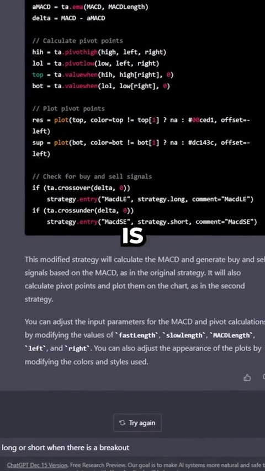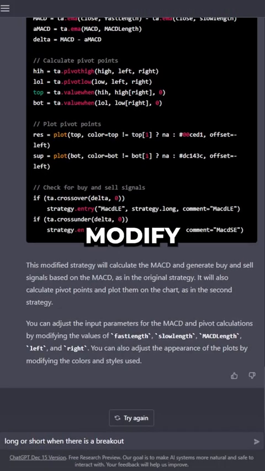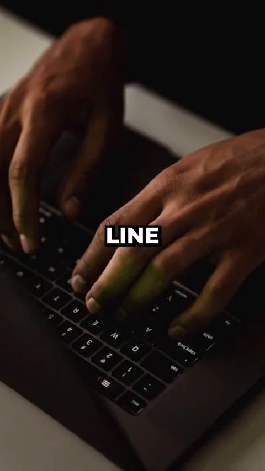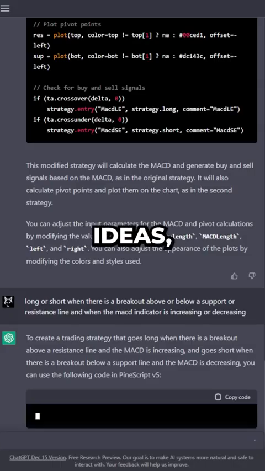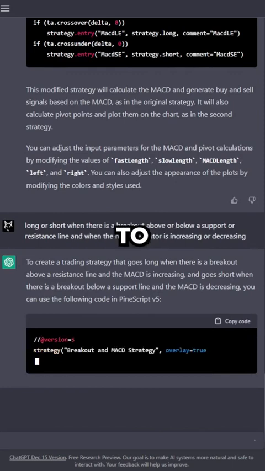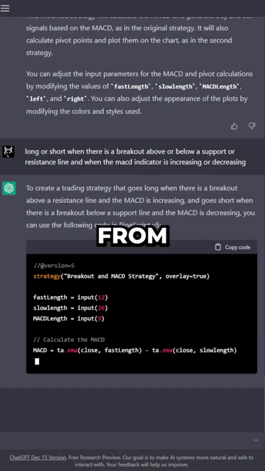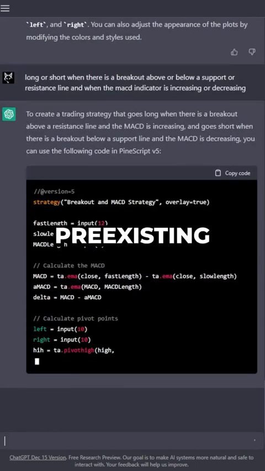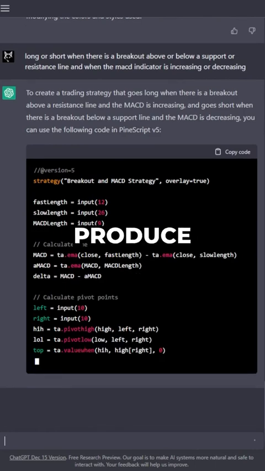This modified strategy is generating buy and sell signals based on the previous strategy. So what we're going to do is modify them further. Now, a basic concept that I'm going to use as an example is going to be whether price breaks above a support and resistance line in confluence with the MACD indicator. Now, if you're looking for inspiration for ideas, you can just ask ChatGPT to generate you a list of ideas for potential trading rules. And then you can proceed from there to incorporate those rules into your strategy. And because it's building off of a pre-existing template that you've supplied it, it's already trained to not produce TradingView